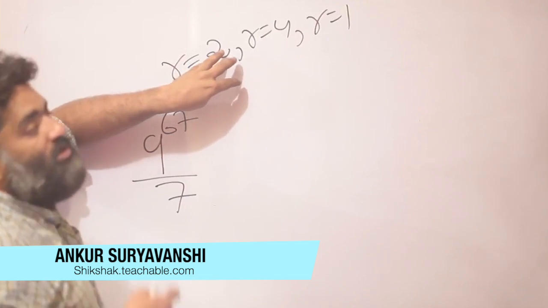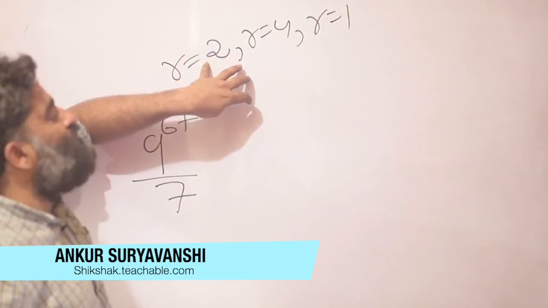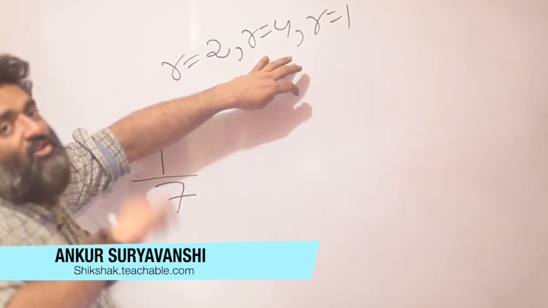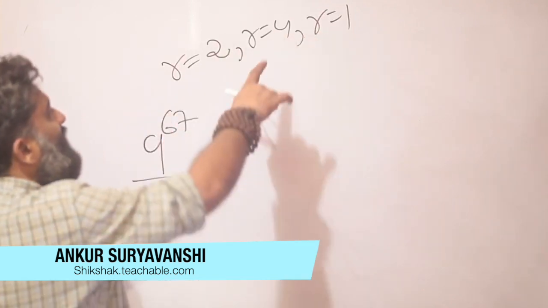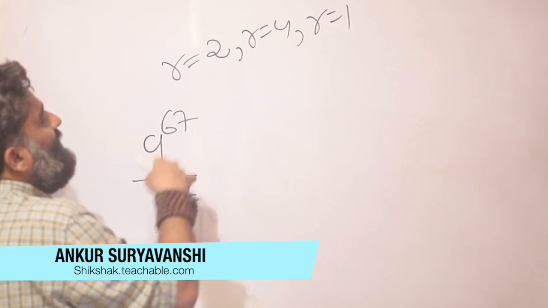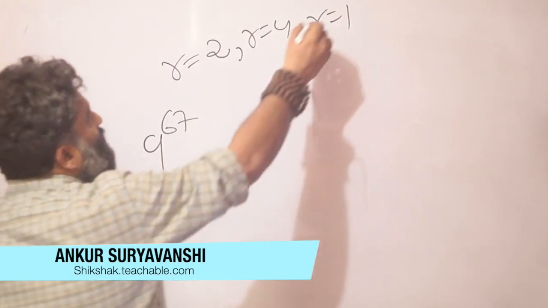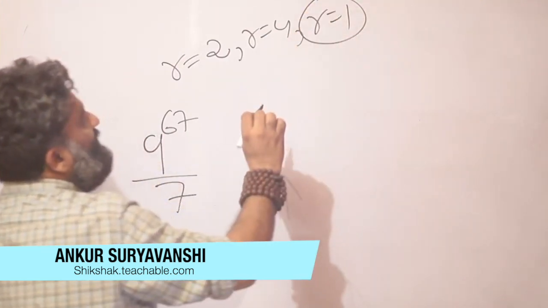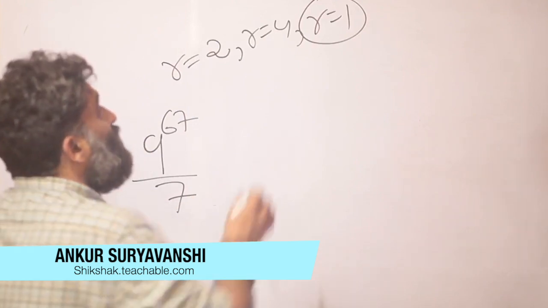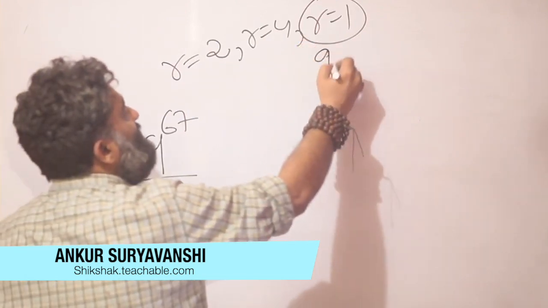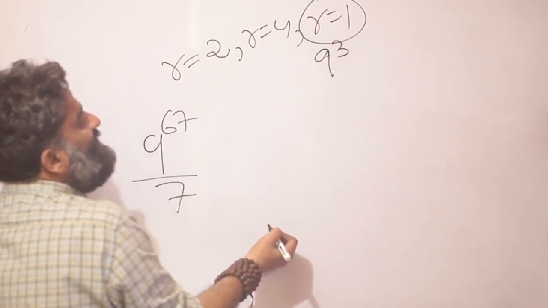You have 2. Next 9 will also bring a 2, you get to a 4. Next 9 will also bring a 2, you'll get to an 8, which means 1, right? So you have that cycle now. But we're not thinking of cyclicity, we want to focus on the remainder of 1, because I know a remainder of 1 makes my life very, very easy. What gives me a remainder of 1? 9 cube gives me a remainder of 1.